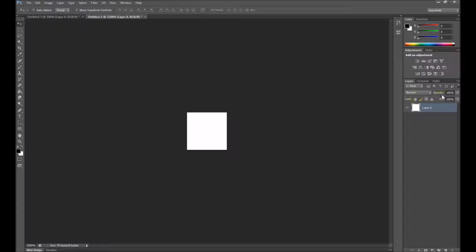Okay, and now all we've got to do is change the opacity. So the further you change this, the more transparent it gets. If you want the background to show up a lot, then you need to turn it all the way down to near the bottom. So that'll make it hard to read the text though. So my recommendation for you is probably about 50% or a little bit higher, maybe even 65. That'll make the text fairly clear, but we'll still be able to see a bit of the background, so it won't totally destroy our full color image. Okay, now that that's on 65%,